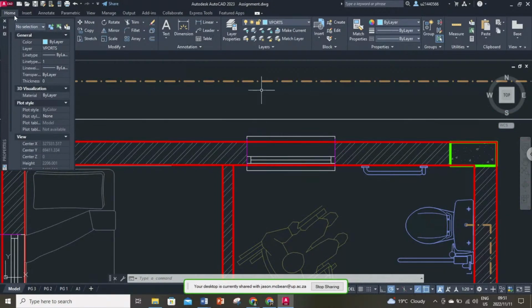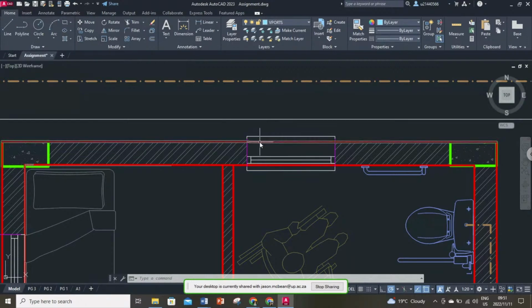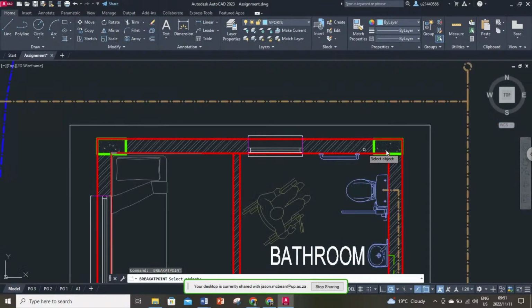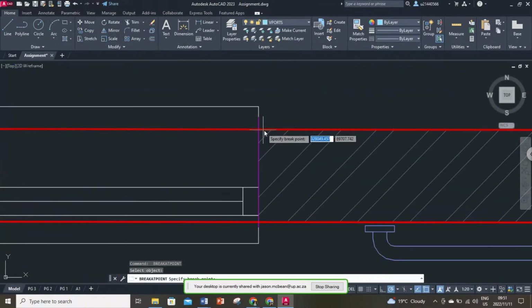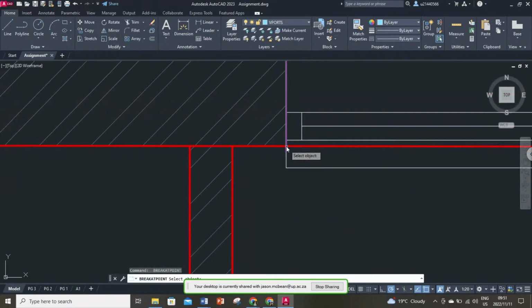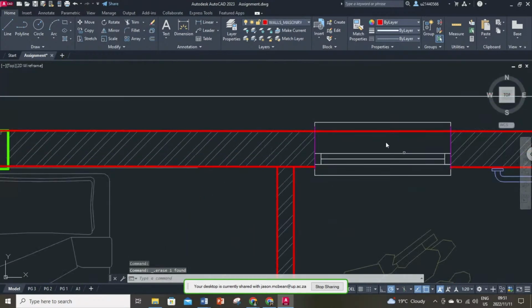So here's a very neat little tool. You're going to grab this line, and what we can do is modify, break with point. So I'm going to break that bit of line work there, spacebar to repeat the command, and I can grab this line work and click over there. Spacebar, break it there, spacebar, break it there. Now technically you're not going to see that because the sill, the window,